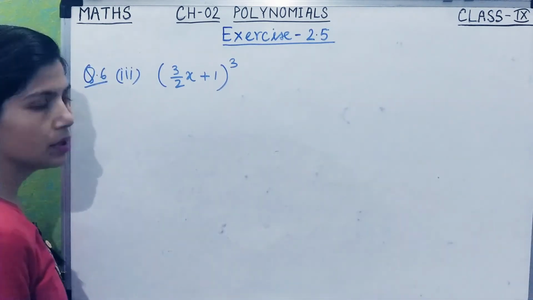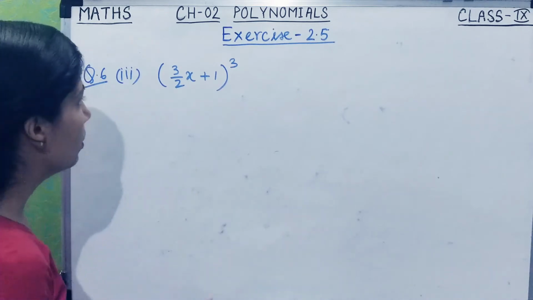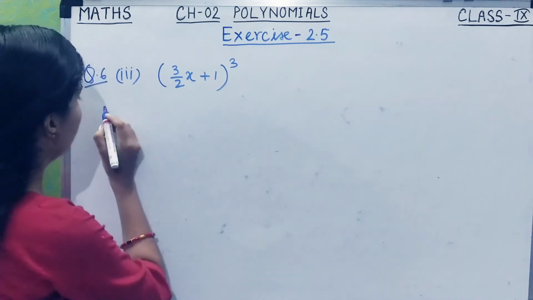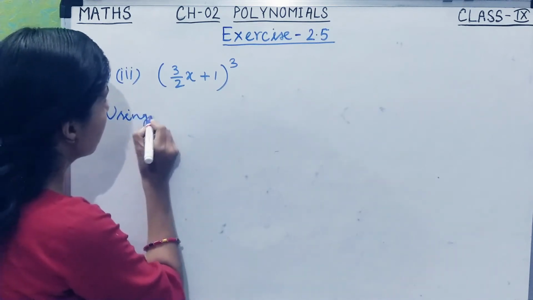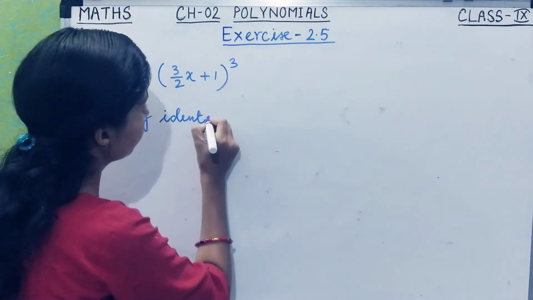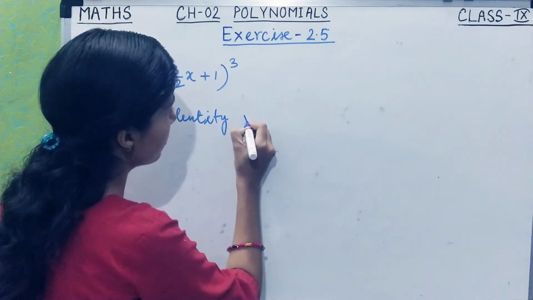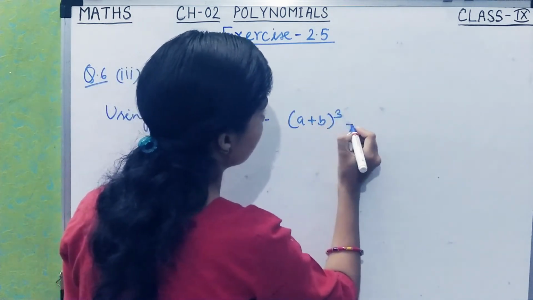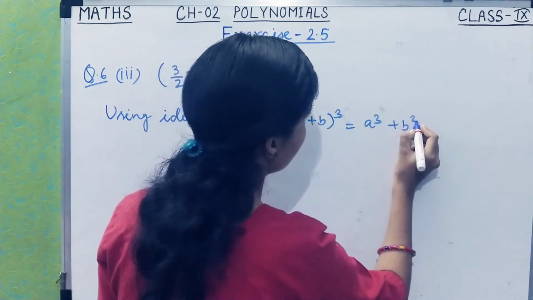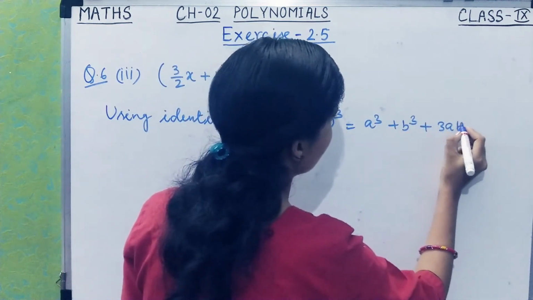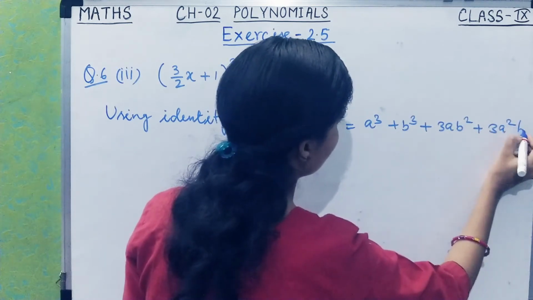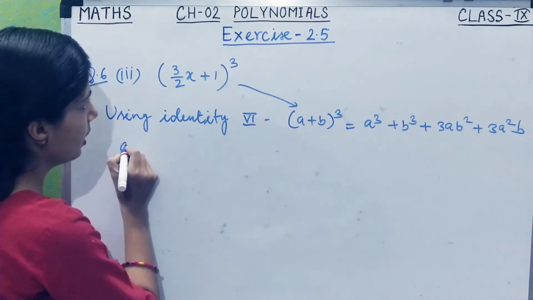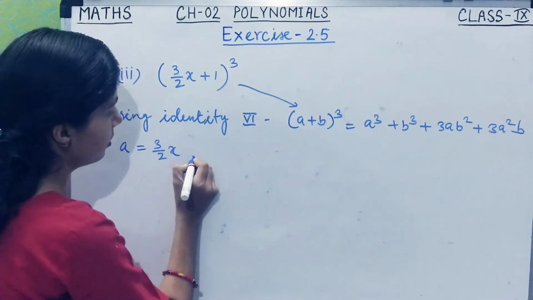Okay, here also there are two terms, it's a binomial cube. So there is an identity, that is number 6. Using identity 6, that is (a plus b) whole cube is a cube plus b cube plus 3ab square plus 3a square b. On comparing these two, we are getting a as 3 upon 2x, and b